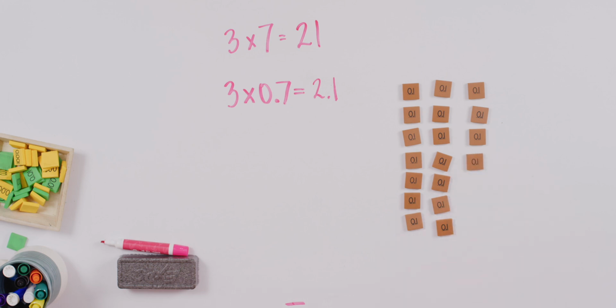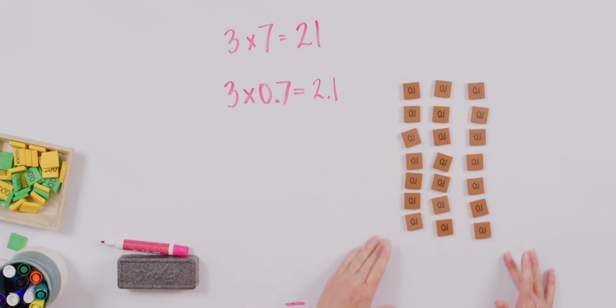Oh, let me grab a couple more here. Five, 6, and 7. So now we have our 3 groups of 7, but we know that 21 tenths, also